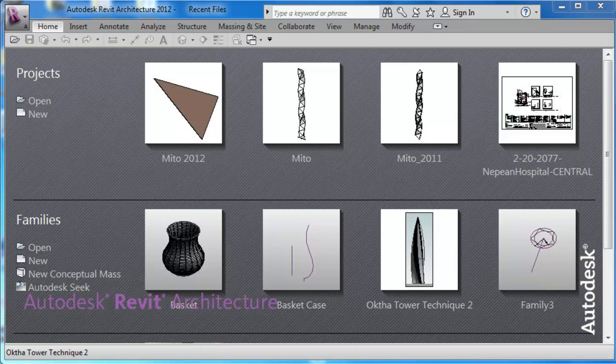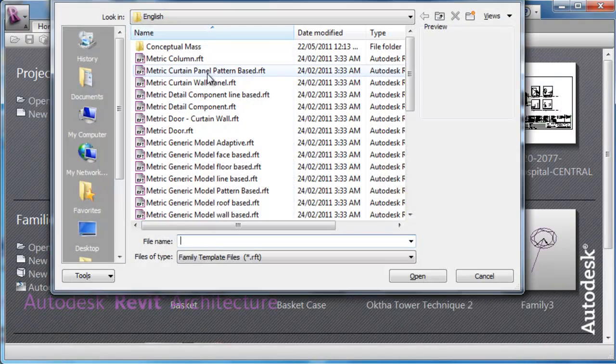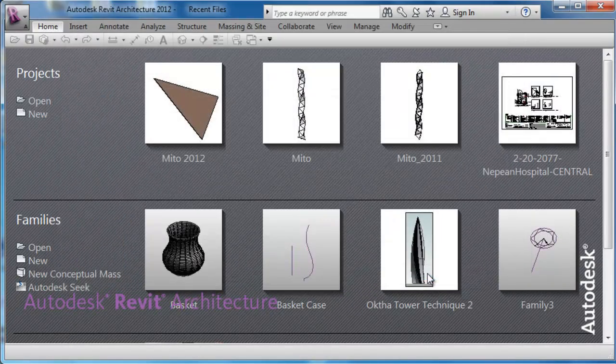This example is a basic use of a textile weaving system produced by horizontal tessellation. The component we're about to create is interlocking or interlacing by sliding and looping to form a larger surface. So let's get started. We now open a new curtain panel pattern-based family,